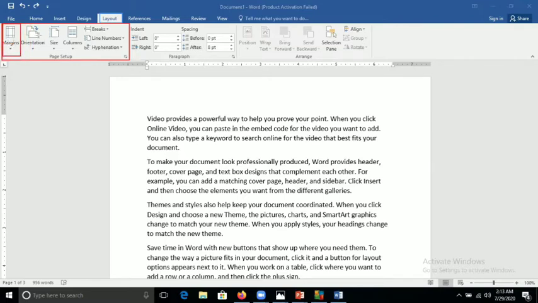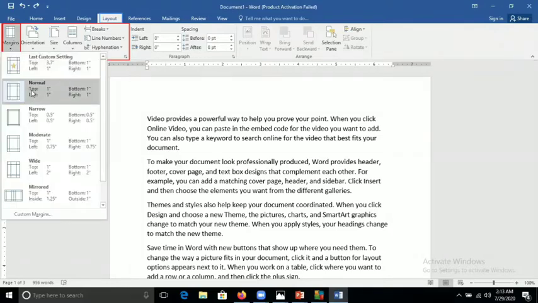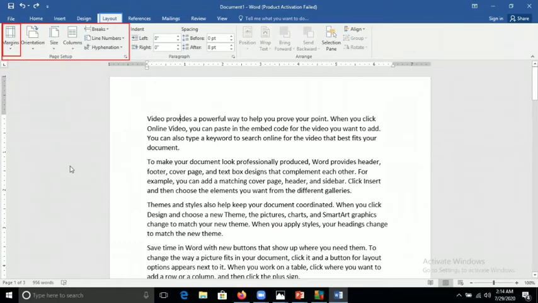Today we will do margin, orientation and size. 3 topics today we will cover. So if we want to set the margin, then we will click on Margin. You can see here, this one is our default, that is normal margin. From top side 1 inch, left side also, bottom and right. You can take according to your requirement. You can see here, for example, from top side 1, left 2, bottom side 1 inch margin, right side 2 margin. So you can take any one, just click on it, then it will be changed.